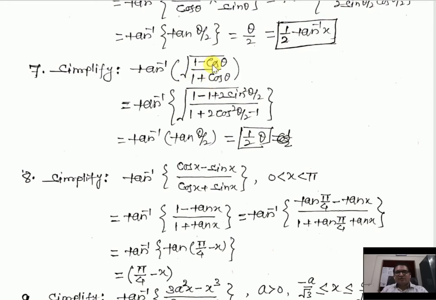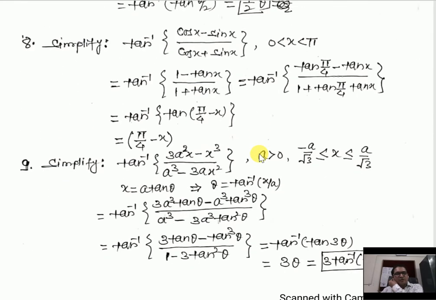So put the value of cos theta in such a way that one term gets cancelled. Anyhow, you have to simplify this. The same formula we have applied, 1 minus 2 sin square theta by 2, and here we have applied 2 cos square theta by 2 minus 1. Then you can cancel 1 over here. So tan inverse, and then 1 gets cancelled, 2 also gets cancelled, sin square theta by 2 upon cos square theta by 2. So square root of tan square theta by 2, then tan theta by 2, tan inverse will be half of theta.